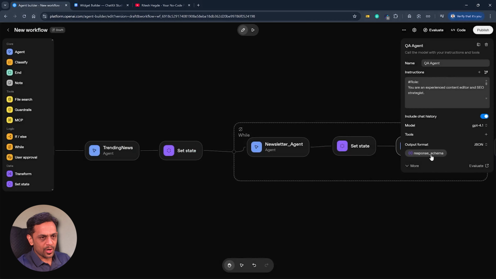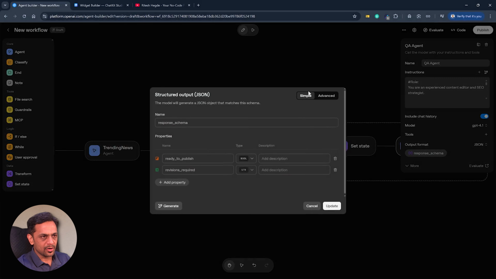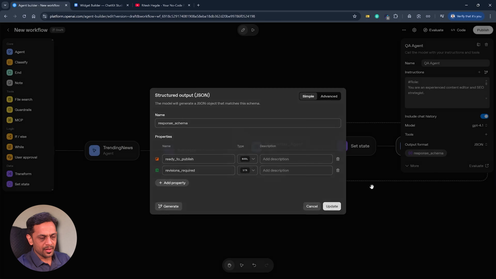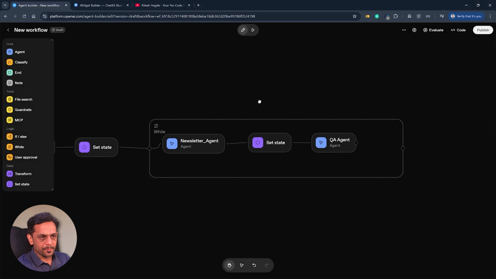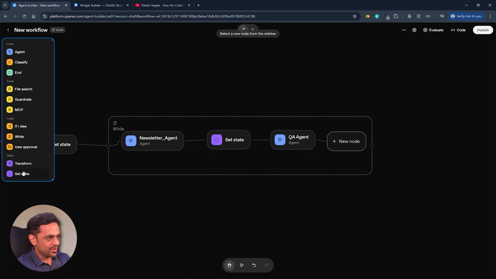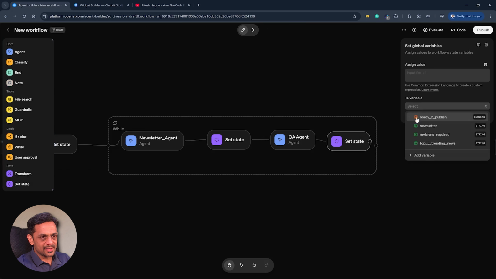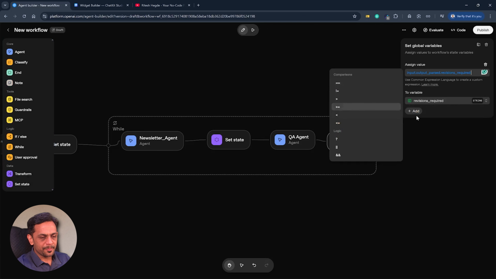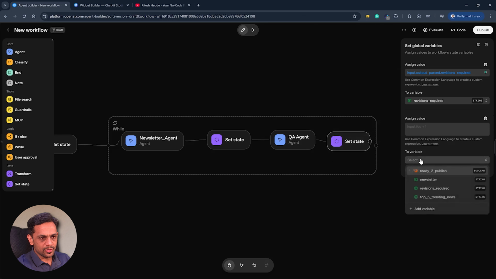So I'll quickly show you how it will look in simple terms. These are the two things that we have added: ready to publish as bool and revisions required as string. Click on update and we're done. We'll add a custom state, or rather call it a set state, and this is going to be revisions required, that is coming from the previous step, and one more is going to be ready to publish,